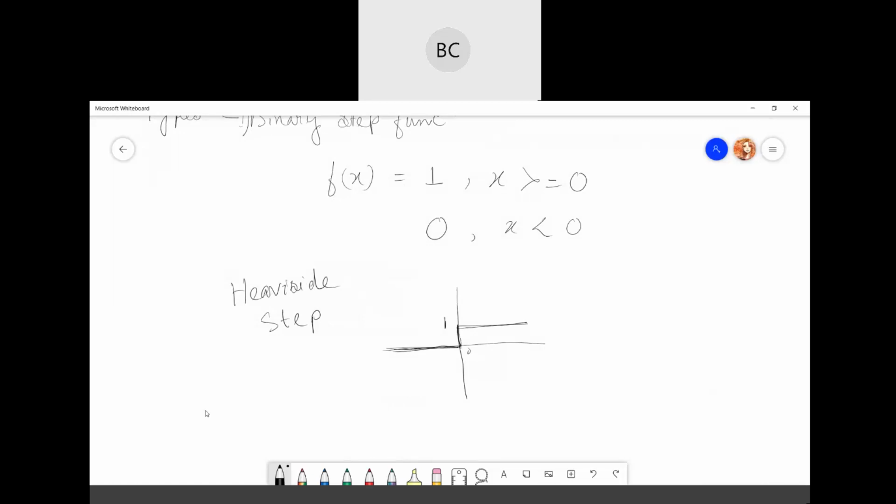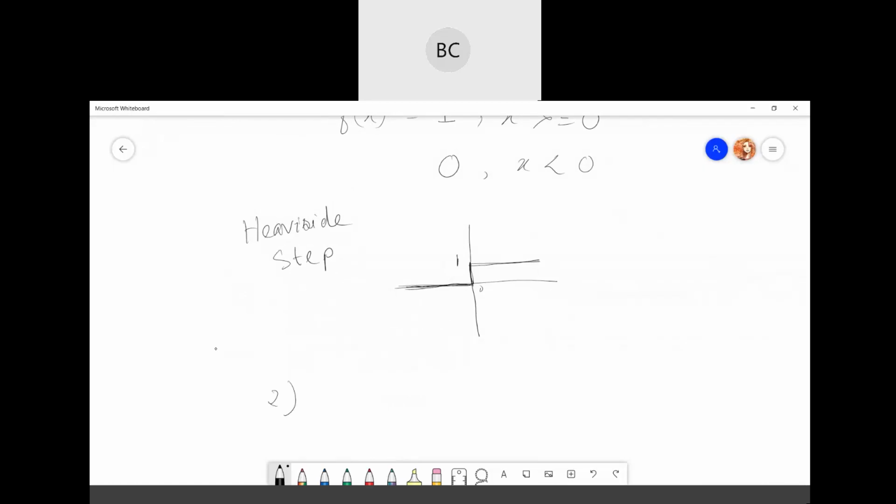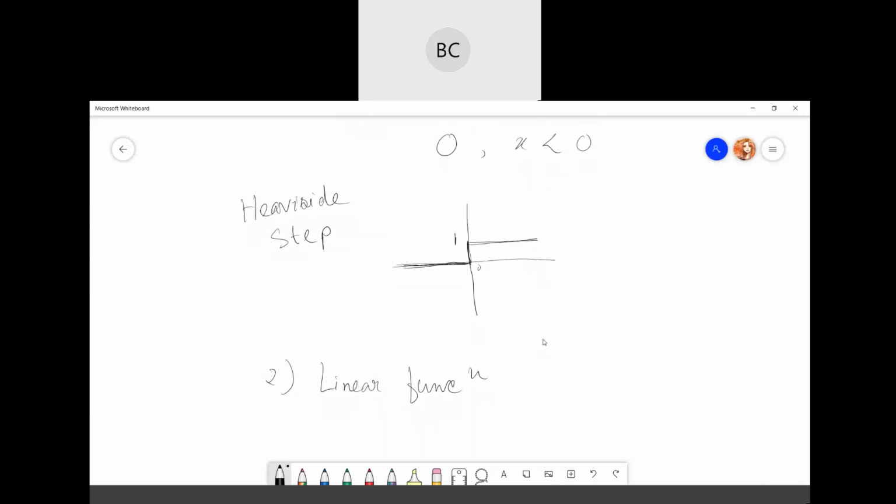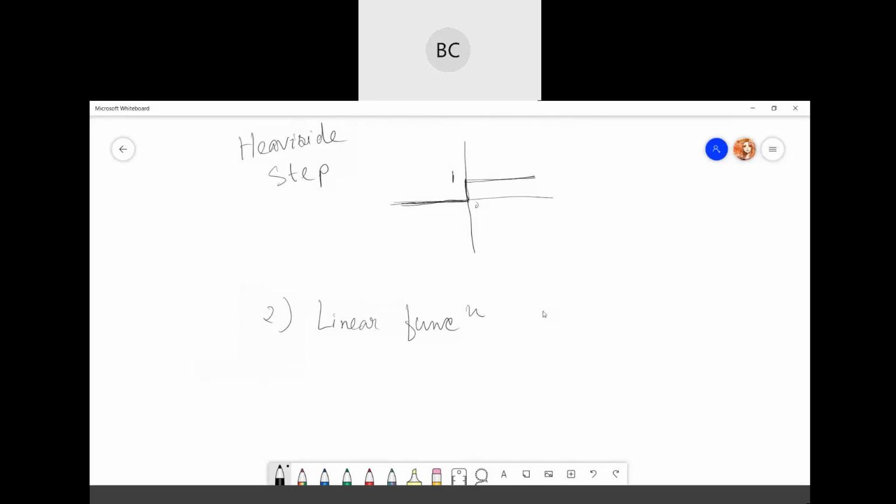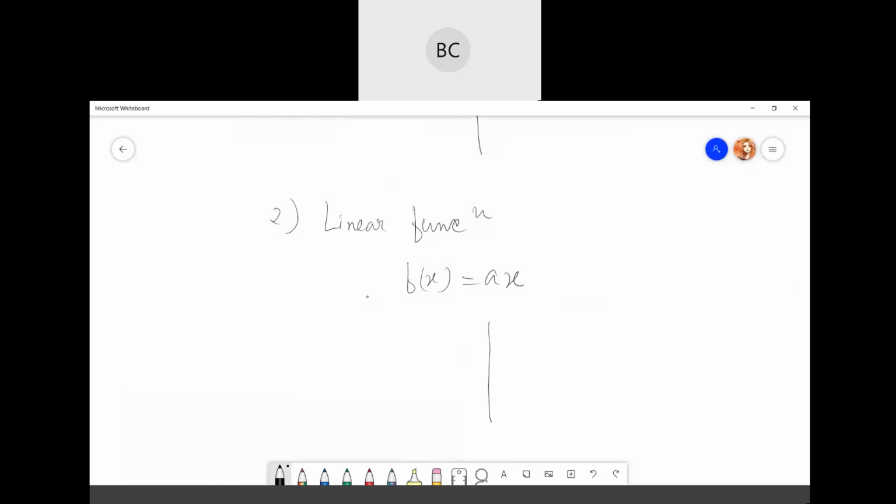Then we have another function which is your linear function, the linear activation function. This is also kind of like the binary step function, but here the function is just simple a times x. Okay, it's more like your line. So your graph becomes like this. Here the activation function is proportional to the input.